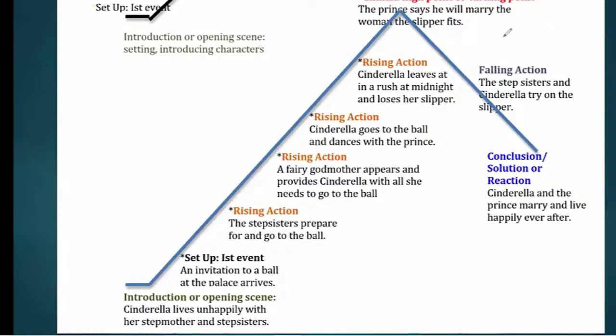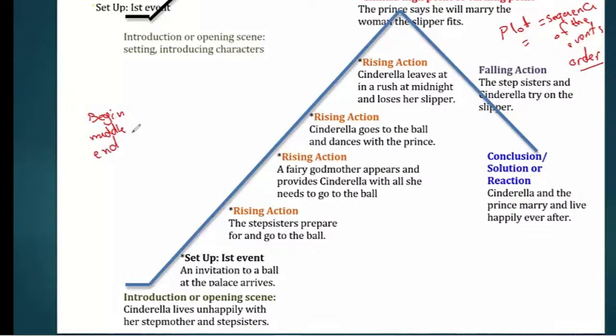Does anybody know what the structure is? We name it the plot of the story. The plot of a story means the sequence of the events. What do we mean by sequence of events? We mean the logical order of events from the beginning till the end. We know any story should include a beginning, middle, and end.